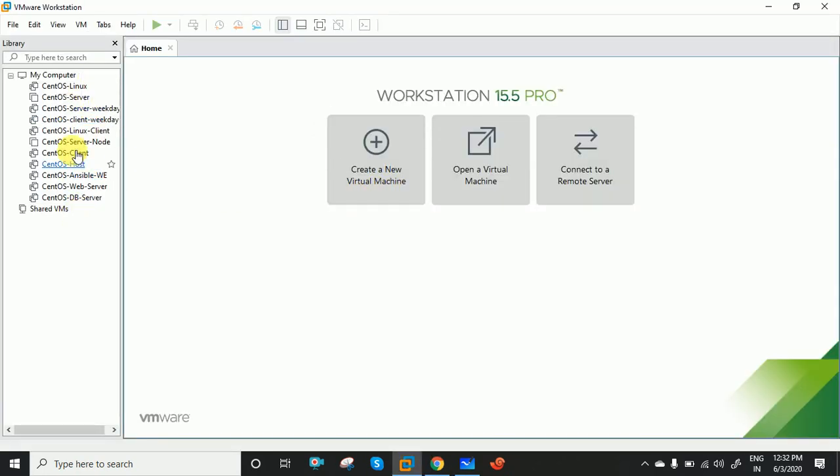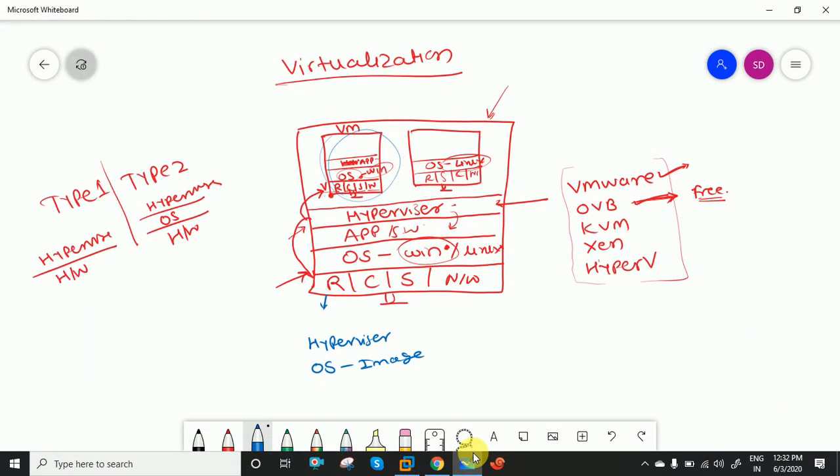I already have multiple operating systems. One thing you have to take care of: you require a minimum of 4 GB RAM. Then you can provide 2 GB or 1 GB RAM to your virtual system. Depending on the base environment, you can create a virtualization, because your base operating system also requires processing, so it will consume your RAM, and whenever you are running this, that also requires some RAM. So make sure you have 4 GB RAM minimum. If you have more, that is well and done.